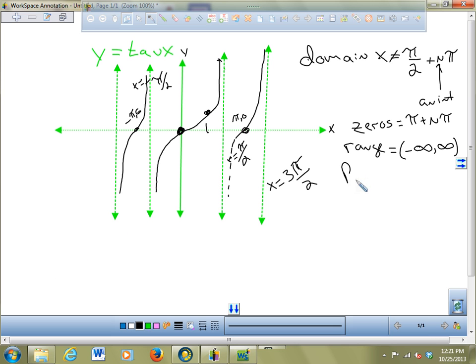Oh, one more thing. What's the period? How often does it repeat itself? Unlike sine and cosine, it repeats itself every pi radians. Period is equal to pi radians. Because if you look on the unit circle, right,